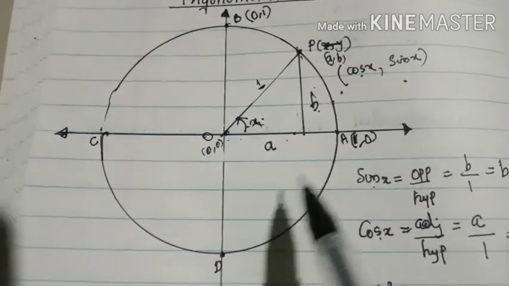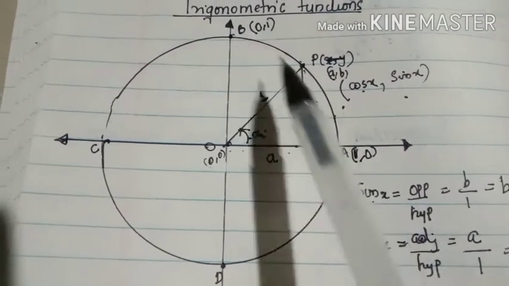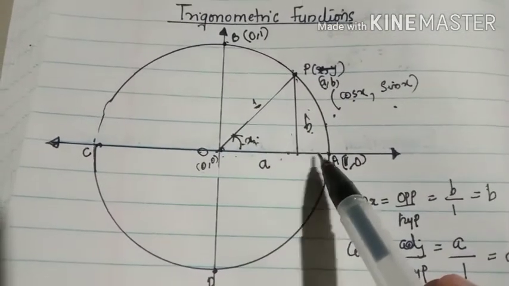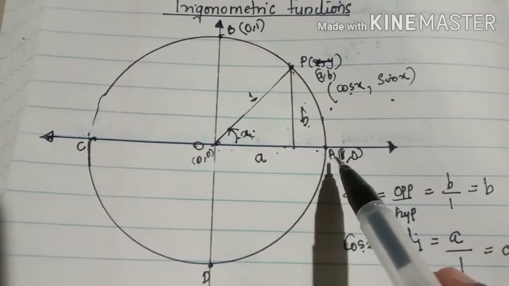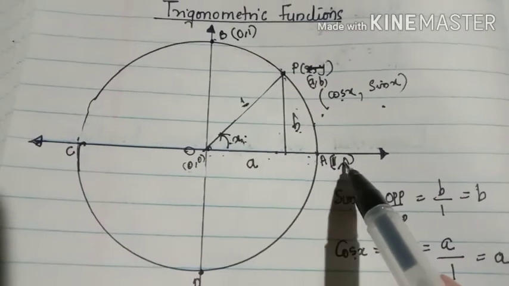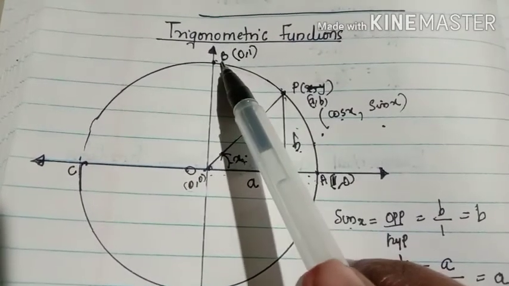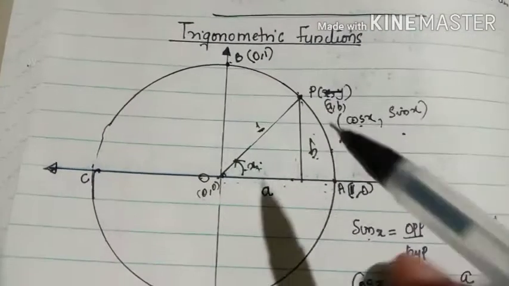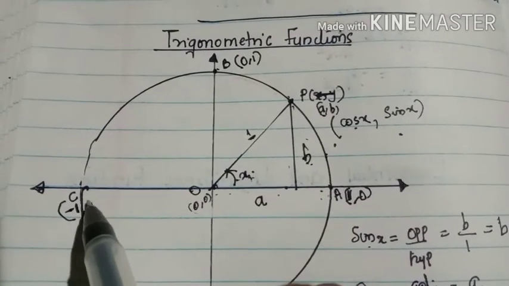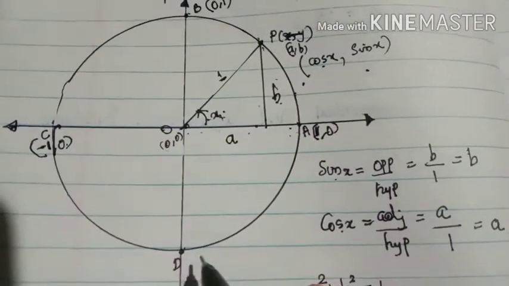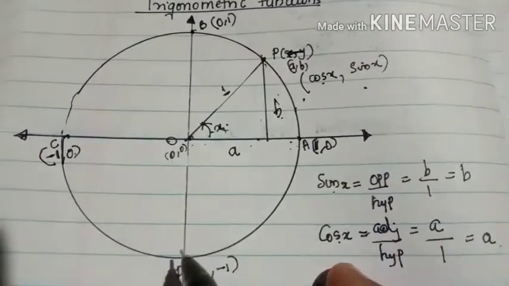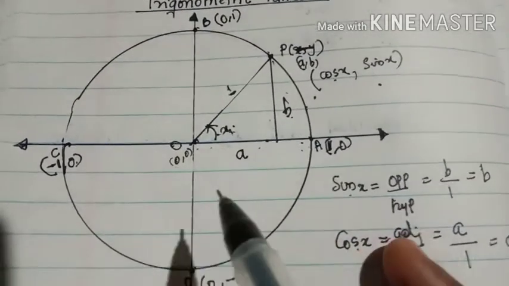Consider the same unit circle. See, A, B, C, D are 4 points on this circle, and the OA distance is 1 because OA is the radius. Because of the unit circle, the length of OA equals 1. Therefore, the coordinate of A is 1, 0. Similarly, the coordinate of B is 0, 1. What's the coordinate of C? There is no y value and it belongs to the negative x-axis. Therefore, negative 1, 0. And the coordinate of D is 0, negative 1. So, these are the 4 coordinates of A, B, C, D respectively.